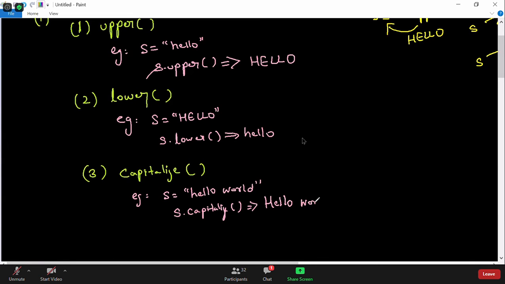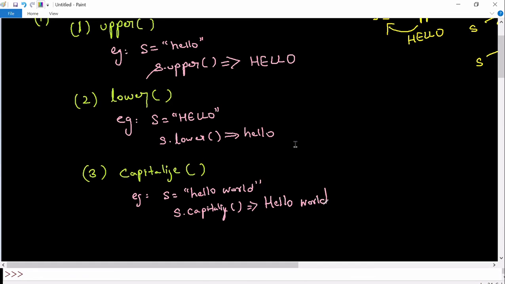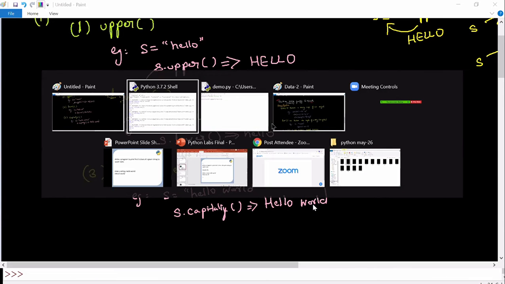It only converts the first letter, guys, not h and w. Got the point? Because capitalize will only make the first letter capital, no matter how many words the string contains. That's the meaning of capitalizing. Making every word capital does not make sense, so that is not the requirement. It will make only the first letter capital, not the remaining ones.